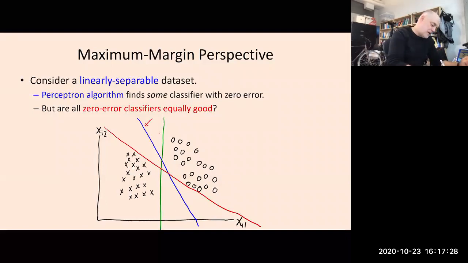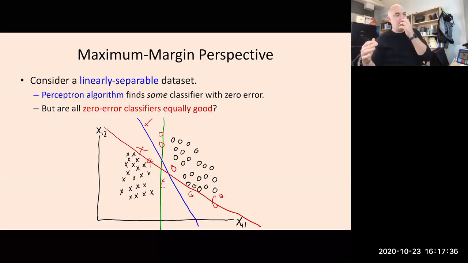Because what if the distribution of the O's looks like this and the X's actually looks like this? If you give yourself as much slack or margin, as it were, right? If you give yourself as much margin as possible, then the chances are that when you get test data, you